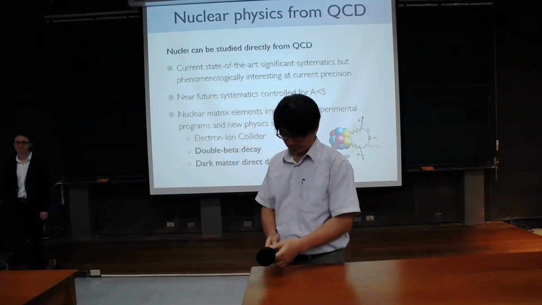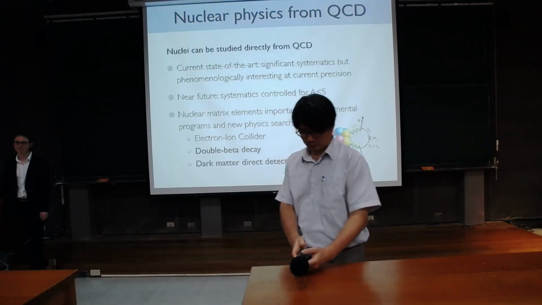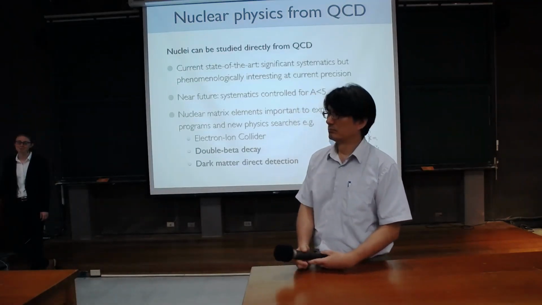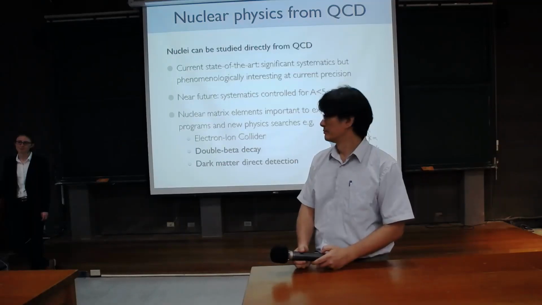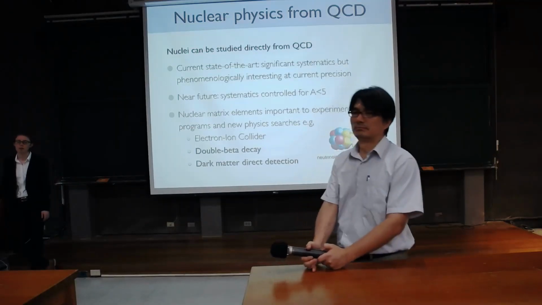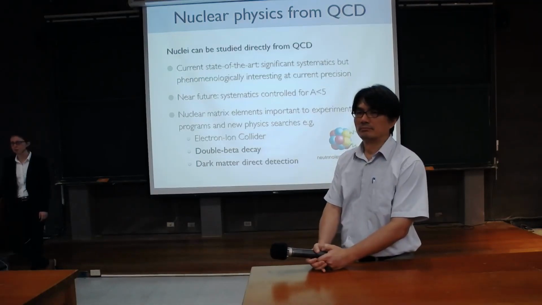When you talk about the machine learning, you want to speed up the calculation. What type of factor are you talking about? 10, 100, or even more? Yeah, so what I showed is really a proof of principle. In that case, it was something like a factor of 10, but that's a very dependent question